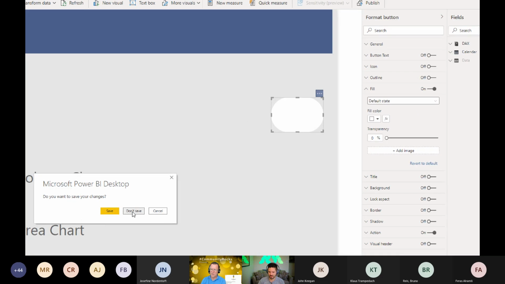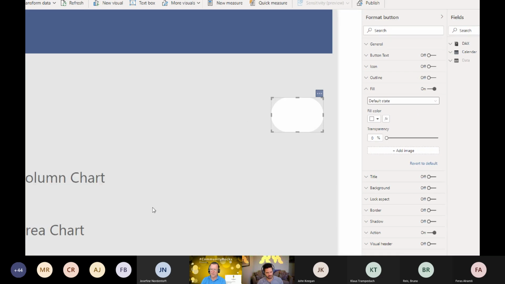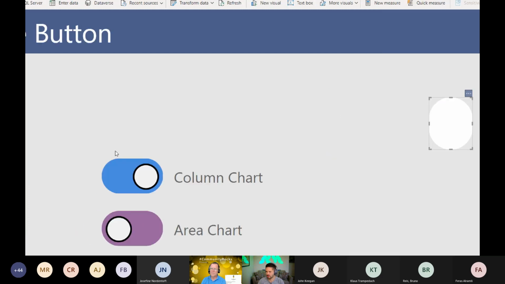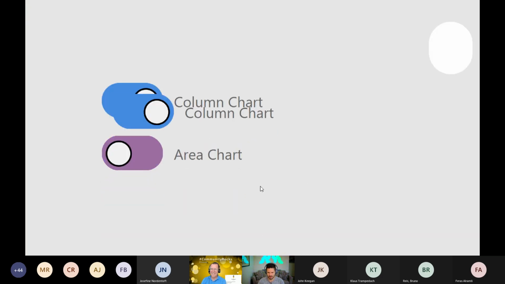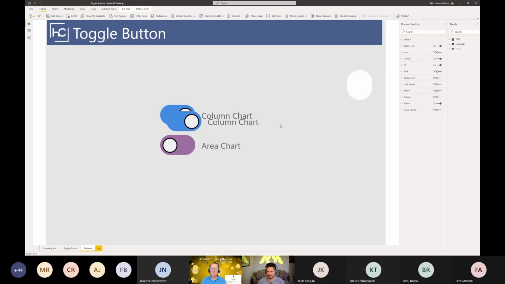There's a question in the chat whether you could do it vertically as well. I think so. Let's do a live demo and find out. Oh, there it is. Okay. Like that.